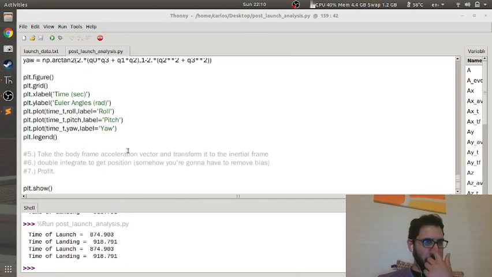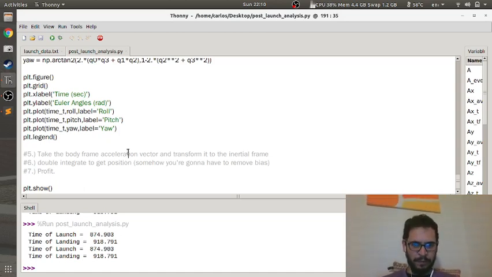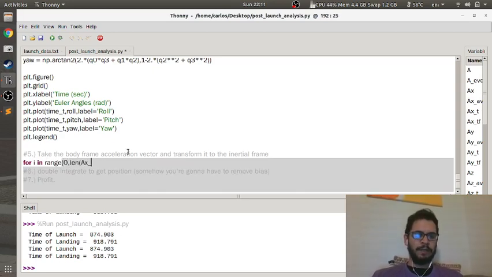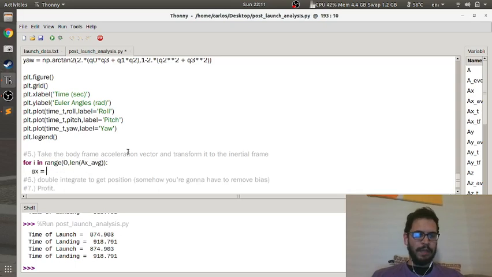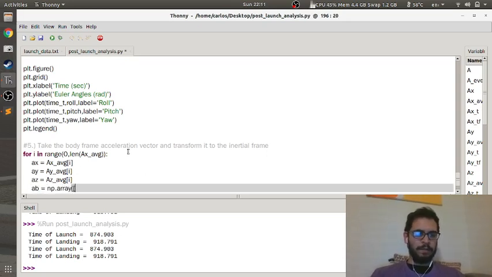I did the code. Okay, number 5: take the body frame acceleration vector and transform it to the inertial frame. So AX, AY, AZ are in the body frame, and we need to convert it to the inertial frame. We need to say for I in range 0 to len of AX AVG. AX is AX AVG of I, AY is AY AVG of I, AZ is AZ AVG of I, and then we create an A body frame, which is an NP array of